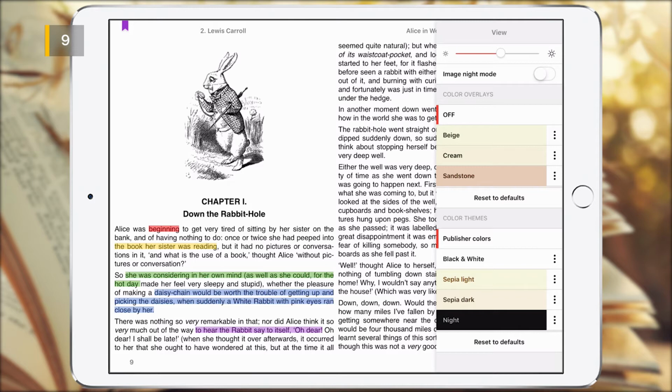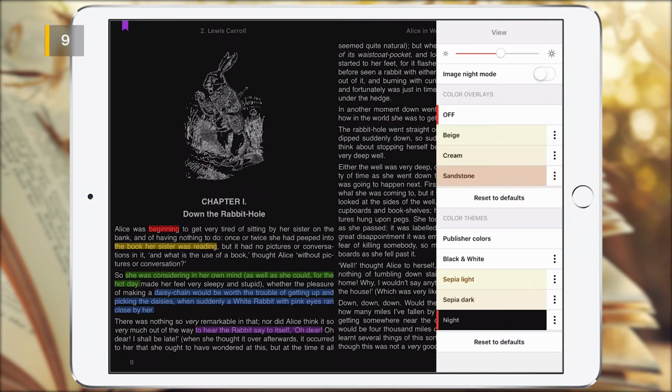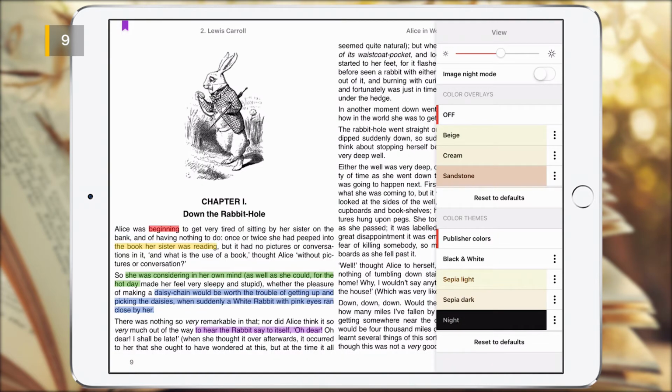In the overwhelming majority of cases, publishers of ebooks of reflowable format don't bother to create a color theme of the publication. So to improve the visual perception of the ebook, T-Reader activates black and white theme by default for day mode and night theme by default for night mode. If you want to see how the publisher's color theme looks in the ebook, you can always turn off the forced theme correction by selecting the Publisher Colors option.